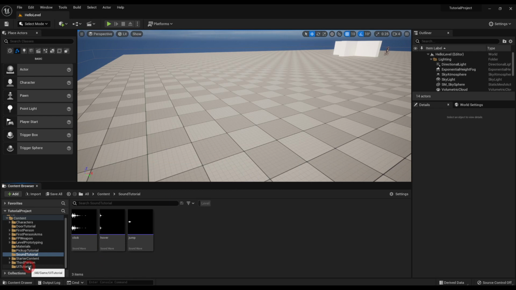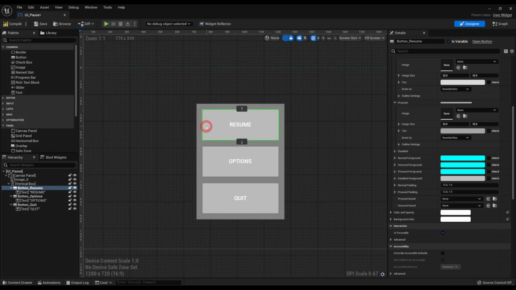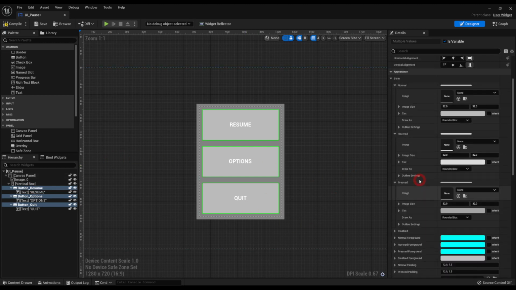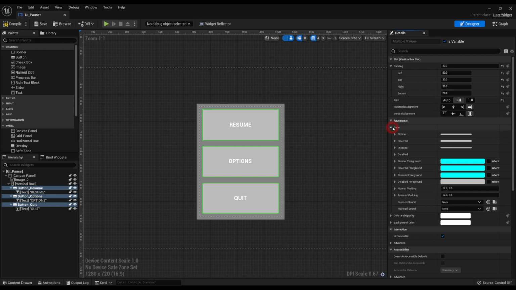Following on directly from one of my previous videos on how to do a pause menu, we're going to add some sound to those buttons that we have. If you follow that tutorial, it should show you how to make this kind of menu. It's very basic. But what we then need to do is select all 3 of these buttons so we can change the sound settings for all 3 of them together. Then, if you go to Style, we can change the sound for pressed